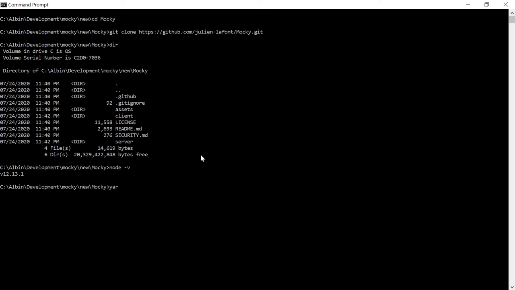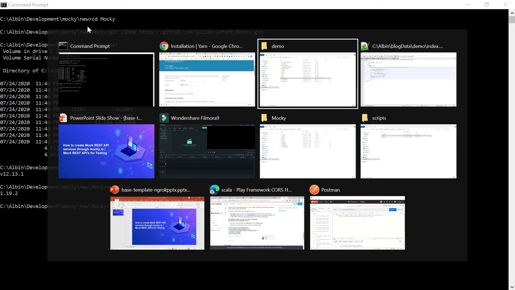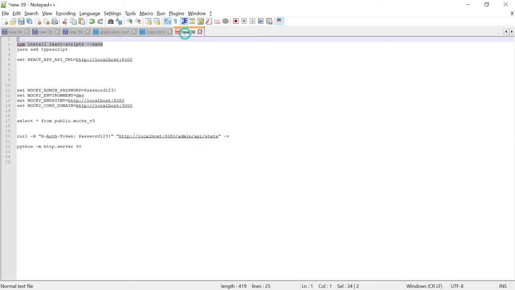Also I have Yarn version 1.19.2. As I already told, the front end is built on a React application, so we should install some modules.